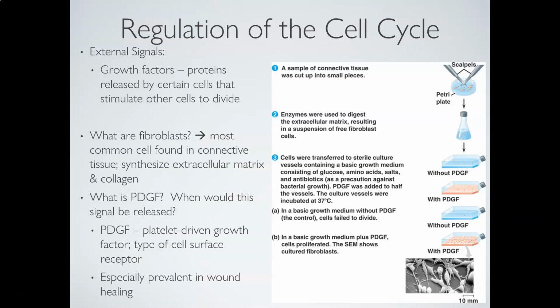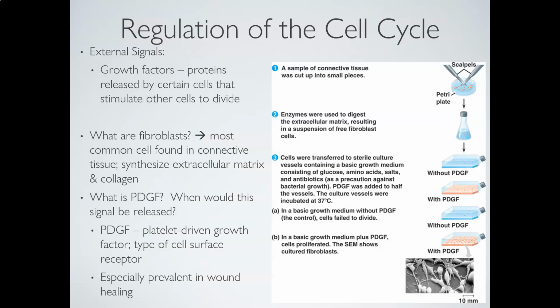So when those growth factors get released into their environment, they will go and connect to receptors on neighboring cells, which can then trigger the division of that neighboring cell. We see this commonly in fibroblasts. These are common cells that are found in connective tissue, and their job really is to synthesize the extracellular matrix, the collagen, so sort of what holds all of those materials together in a cell.